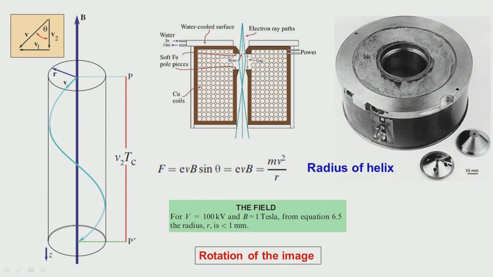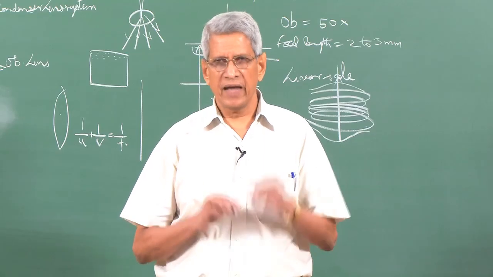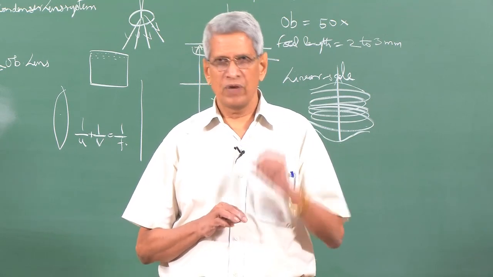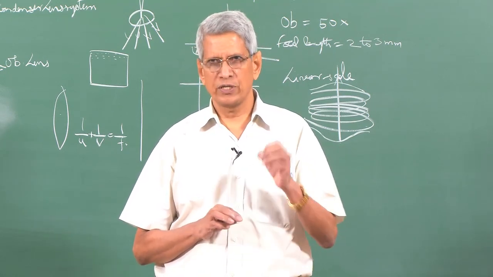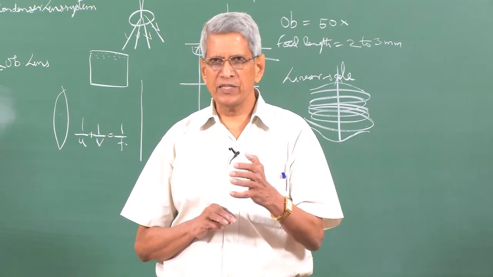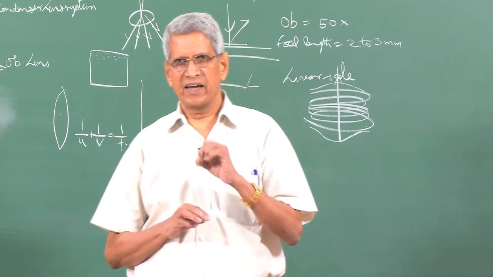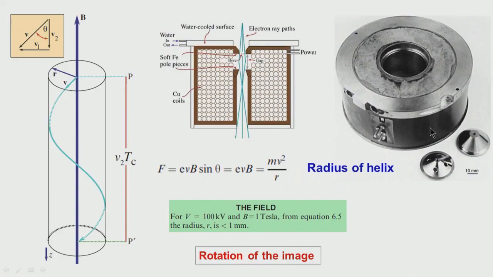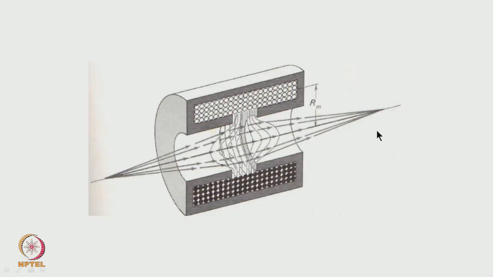This is essentially how a typical lens looks like, and what is important, as I mentioned, is that we pass a current and that determines the focal length. When we apply a very large current, it can heat the coil also, so to maintain the current, the coil has to be cooled. That is what is being done in a microscope. And by changing the current, as I mentioned earlier, the focal length can be adjusted.